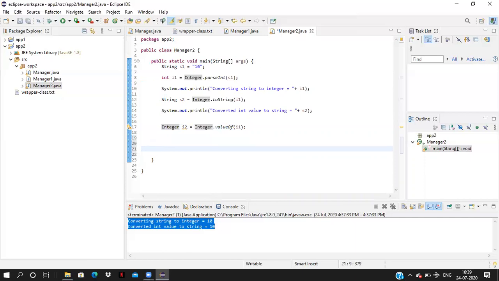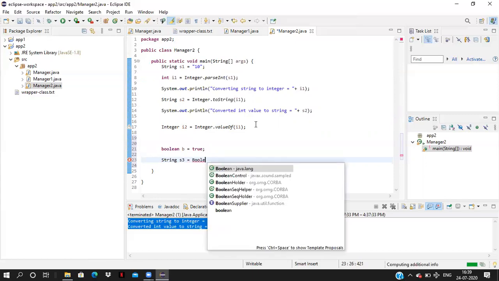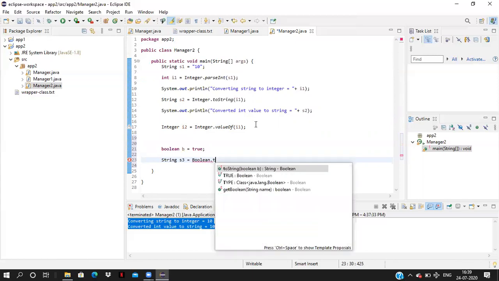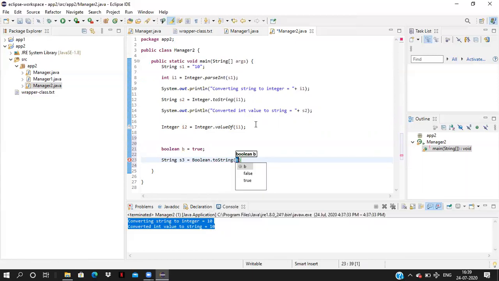Now I can take one example of Boolean. Boolean wrapper class b equal to true. I have one Boolean primitive type. I want to convert this into the string type. String s3 equal to Boolean dot toString of b.